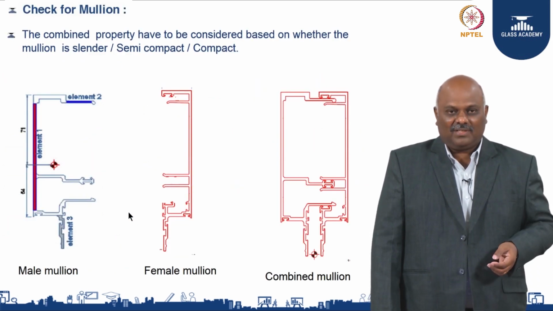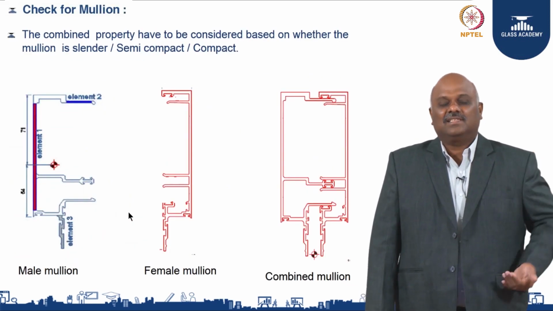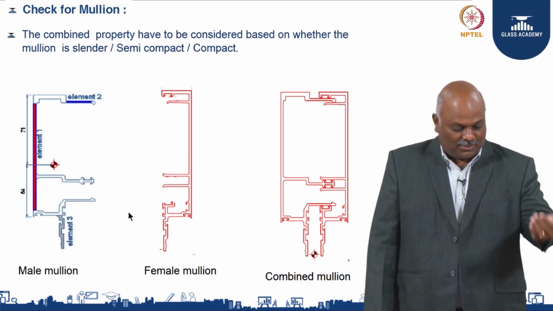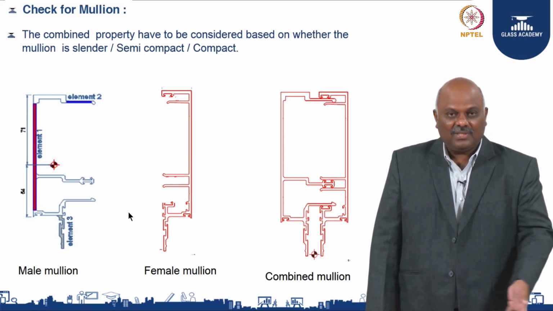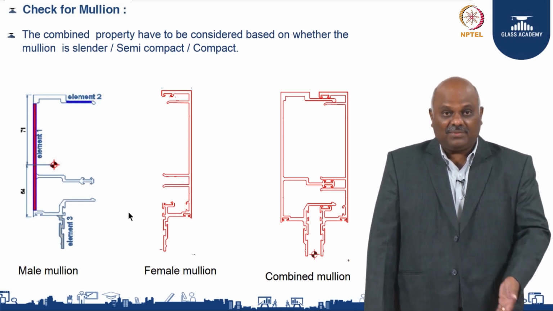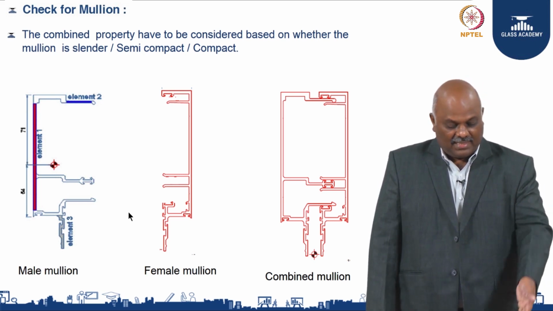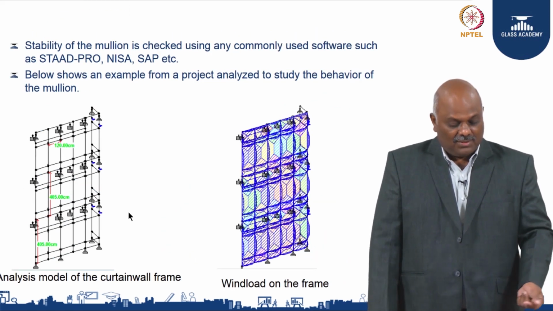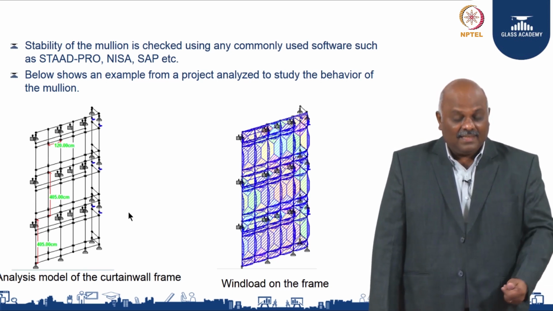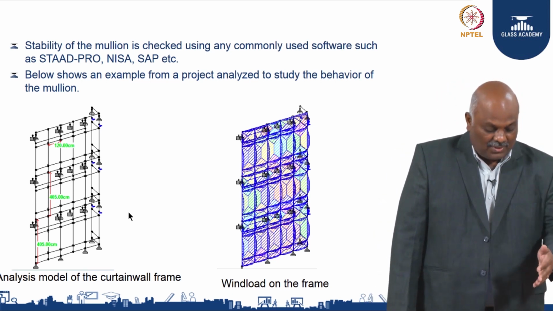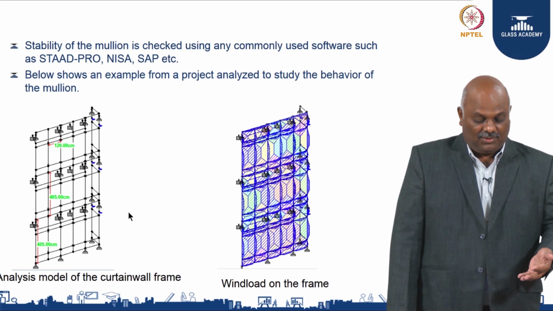Now, you check the mullion. You have done the glass, now you bring it back and apply the load to the mullion, because the mullion is the column which should take care of the load. So, you have a female and a male mullion, then you combine them and do the analysis. You bisect the aluminum mullions and understand how they work by simulating them in complete form. You run it through STAAD Pro, commonly used software, you build the model completely with all the factors given: the anchorage system, where it is anchored, what the live load is, then you run the system. Then you get complete details.